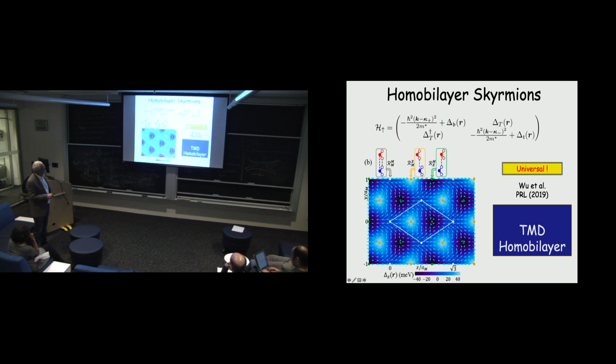All of this together, this pattern in space, is dictated more or less completely by symmetry. And it tells you that the effective magnetic field that acts on this layer degree of freedom has a topological character in position space. When you integrate over position, the effective magnetic field of this Hamiltonian actually covers a full sphere